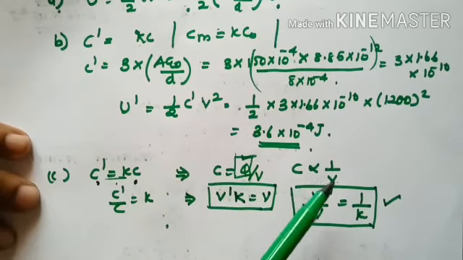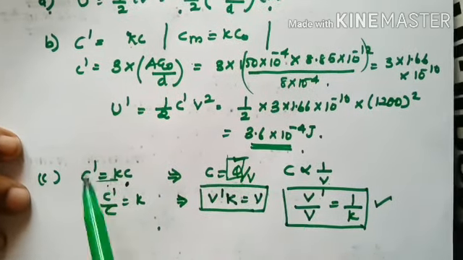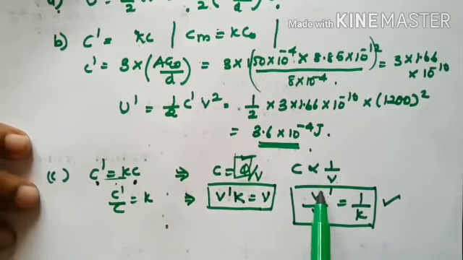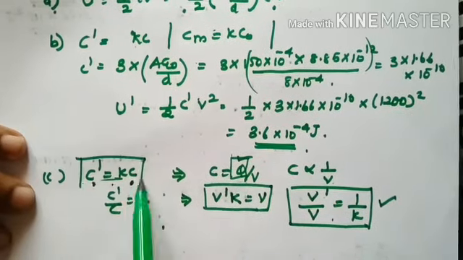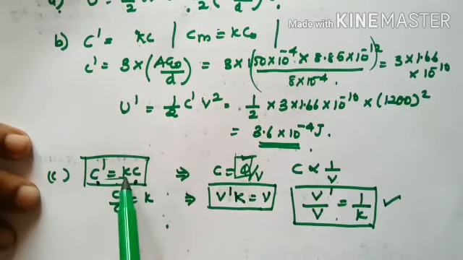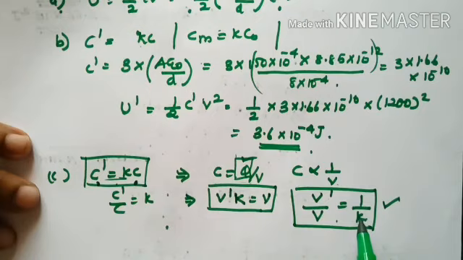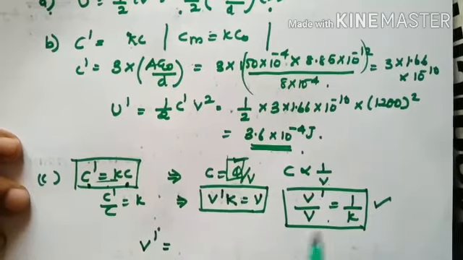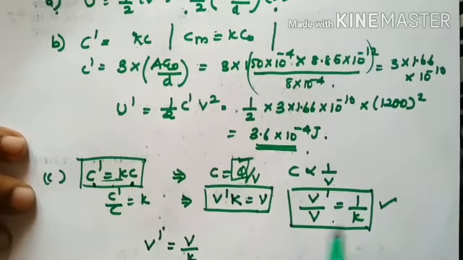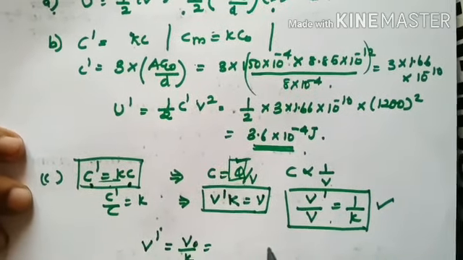C is inversely proportional to V. So what proportional you had? K. Now in case of V dash it becomes 1 by K. So V dash by V is equal to 1 by K. C dash is equal to KC. Here it is straight K. Here it becomes inverse. This much is clear, right? So we'll go for the problem. So V dash is equal to V by K, or we can say V naught by K,